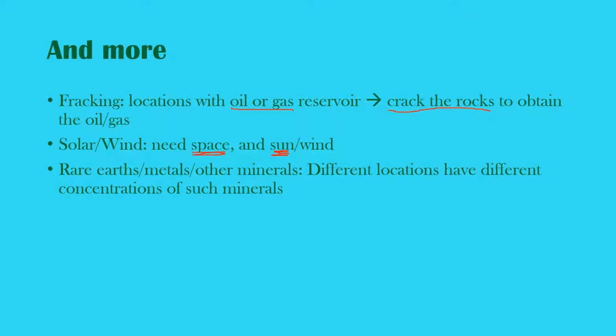So if you extract something, you need to find the right composition of soil or earth to determine whether you can find a large enough concentration of those elements or minerals that you need. So, for example, rare earths, because rare earths are not necessarily rare, but they are extracted in such a way that it is more profitable to find a location in which you actually can get a lot of rare